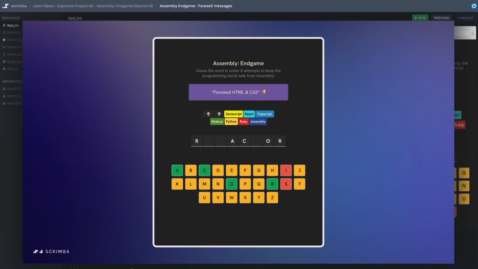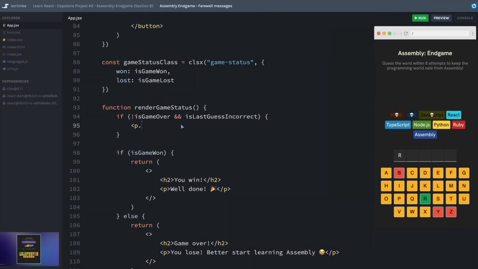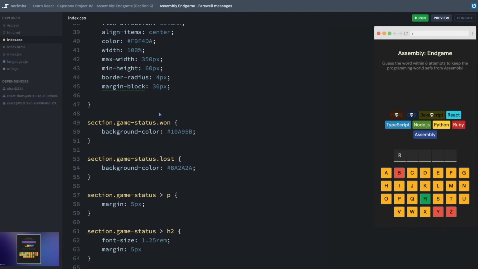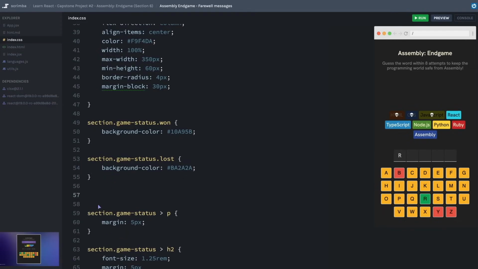Maybe we'll just render this as a paragraph. So I'll return, I need my return here, return a paragraph. And for now, let's just get the styling correct. I'm going to just say bye. We'll add a class name, and maybe we'll say this is a farewell message. And over in our CSS, we can select the farewell message. Let's see, game status. Here's one lost. Oh, look, this is probably going to select the paragraph we already have. That's okay. Actually, let's duplicate this one and then make sure that the paragraph has a class of farewell message.